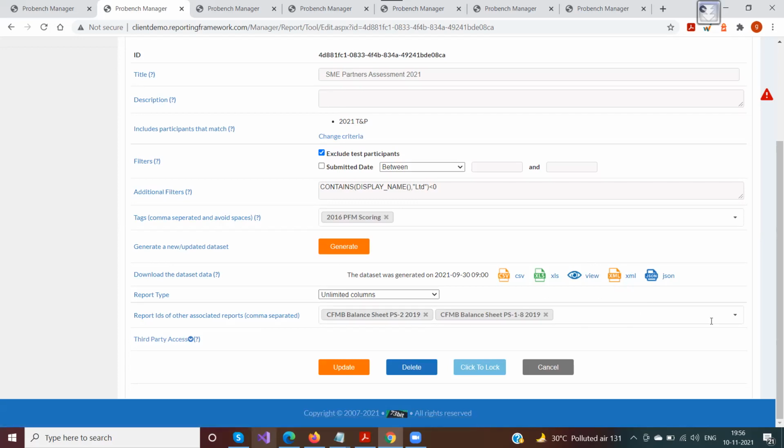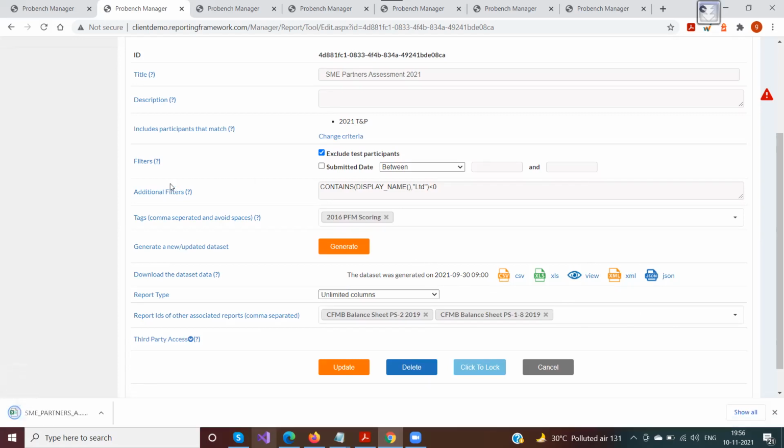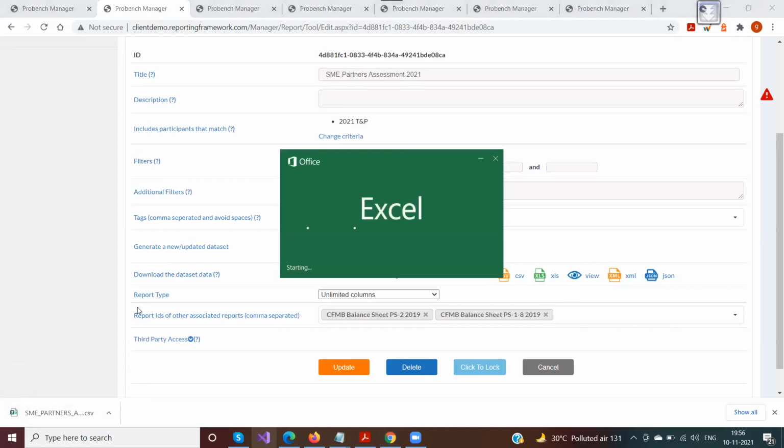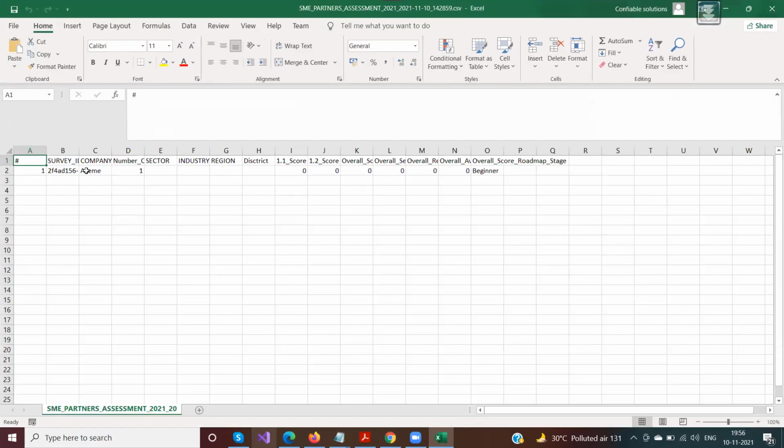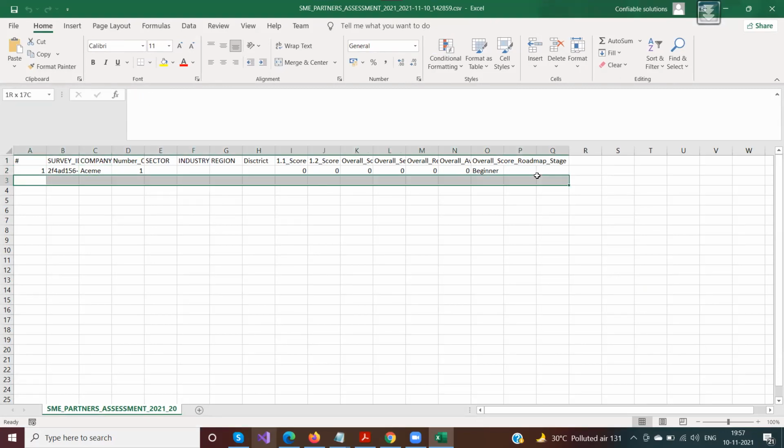Okay, I'll just download one of the CSV files and give you an understanding of what data would be available. Currently there is only one company who has participated in the SME survey, and that company is this one. For each of the companies, there will be one row.